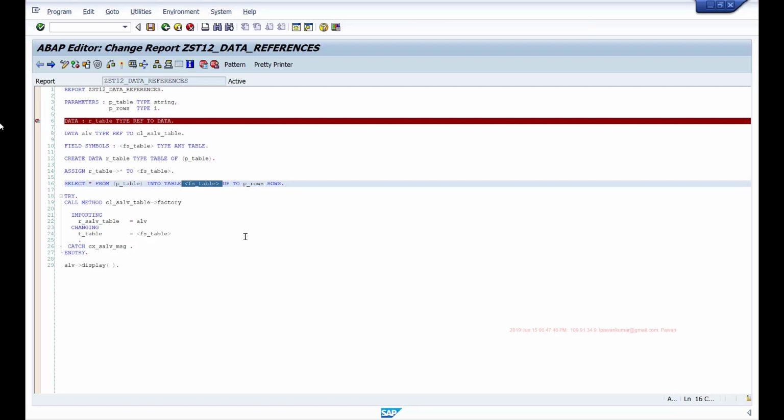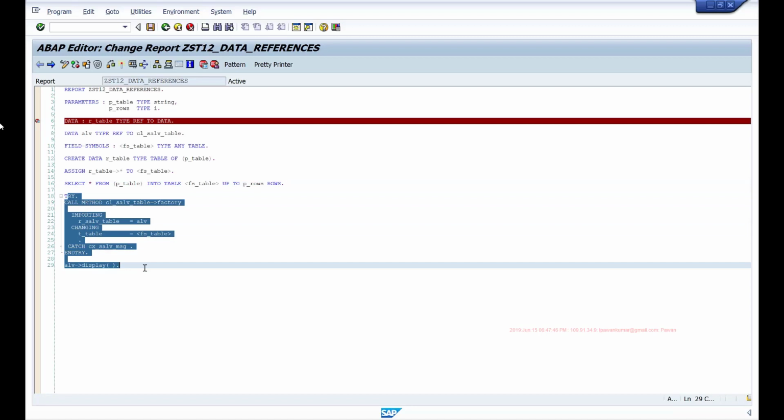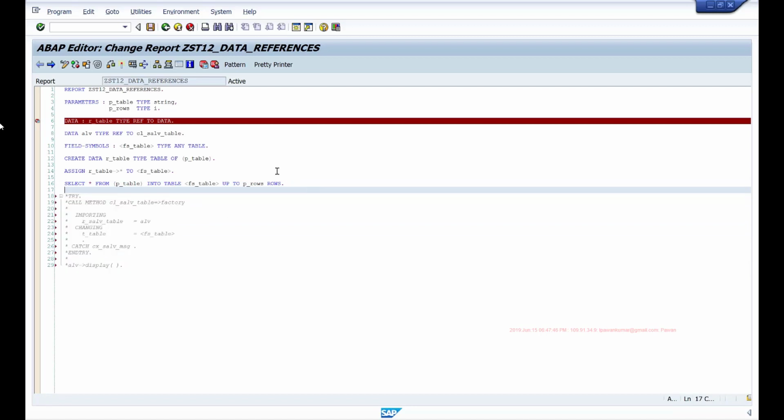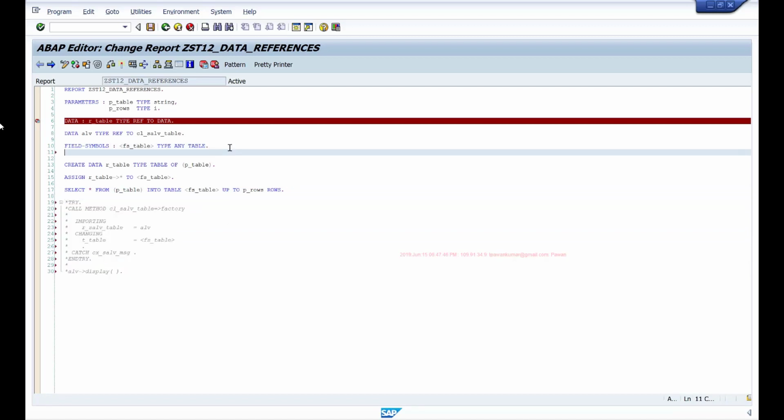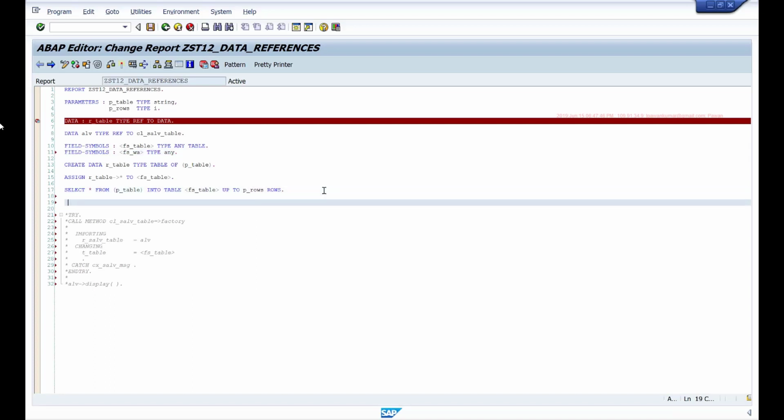So I want to access the fields also dynamically. Then instead of showing this using the ALV, let's say I'll create one more field symbol for a work area, FS underscore work area, and this will be for structures and fields. You can say type any. Only for internal tables you can say type any table. So I'll say type any, and then I can say